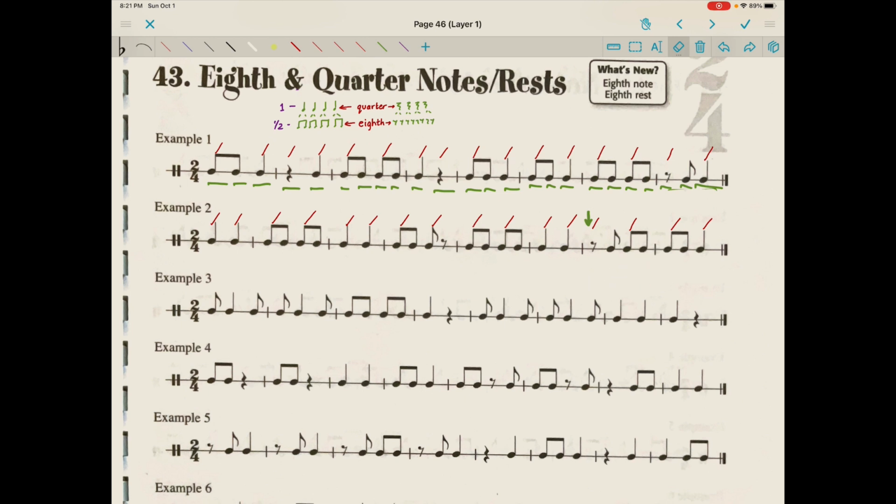Next, I'm going to set the metronome pulse at a nice slow pulse of 60, and I'm just going to clap that steady beat, that steady do beat. This is our big unsubdivided beat that we always want to be clapping or tapping our foot to. Ready, clap. Now I'm going to practice saying a steady stream of do days just to prime the pump. Ready, speak, do day, do day, do day.